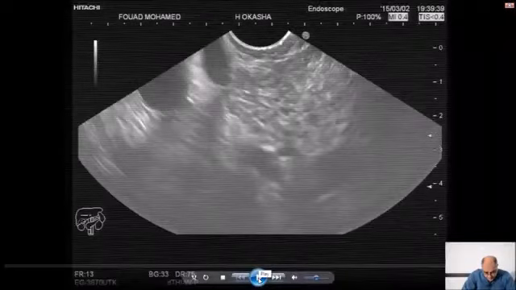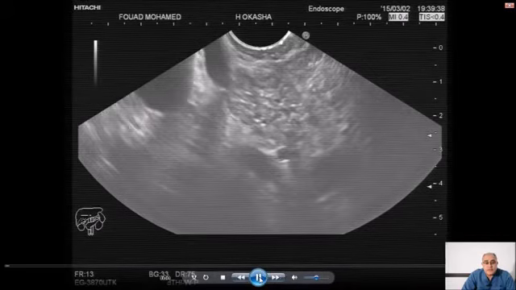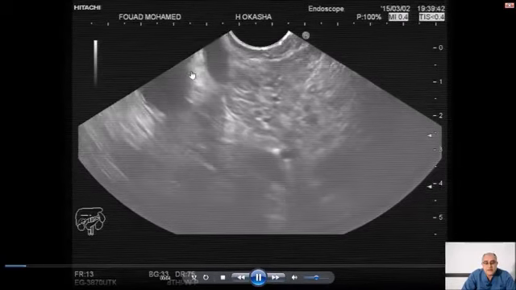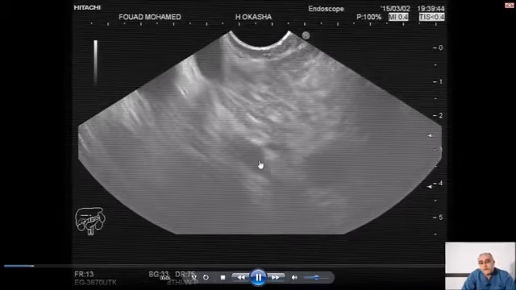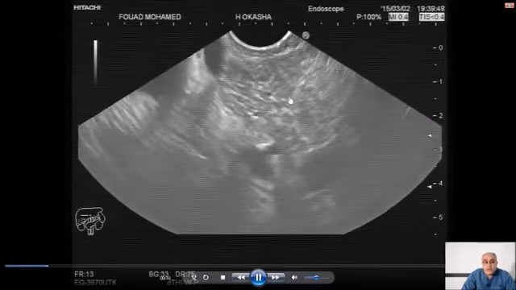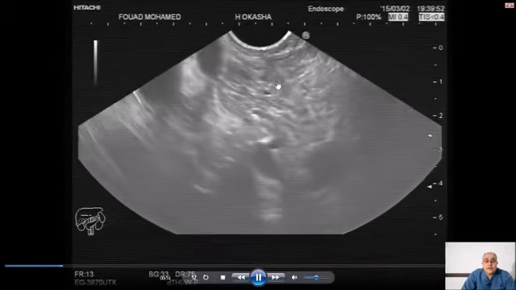Now we are doing a gradual withdrawal of the echo endoscope and scanning through the upper second part of the duodenum. So we can see here again, this is IVC, and this is the aorta, and this is the superior mesenteric artery and the superior mesenteric vein, and this is a large area of the pancreatic head, and again this is the